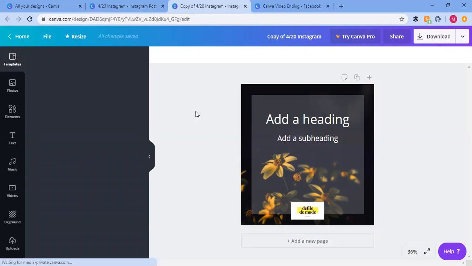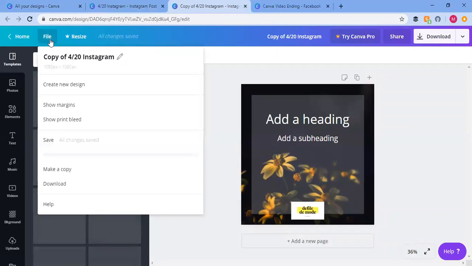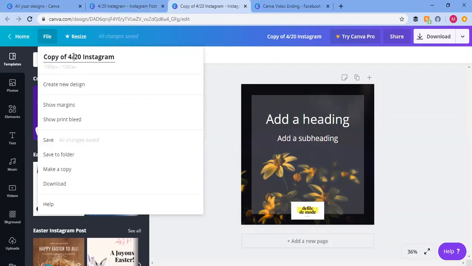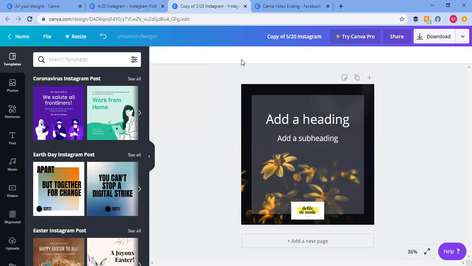and it's as simple as retitling it. So let's say maybe now we're in May. We just want to retitle it to be May of 2020 Instagram. And then we just update the content or update the colors, but the template is already there and ready to use. So it can be super easy, and I would suggest that you create several templates for your library so that your branding is remaining consistent and it saves you time in the future instead of recreating your designs every time. So that's my quick tip for you,